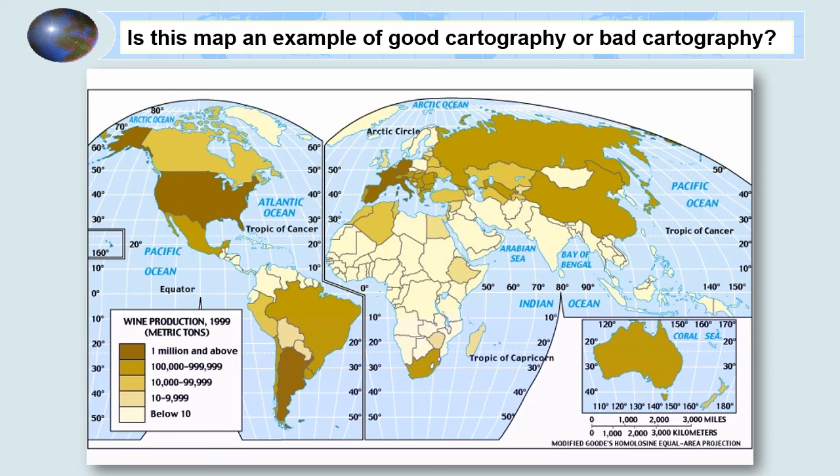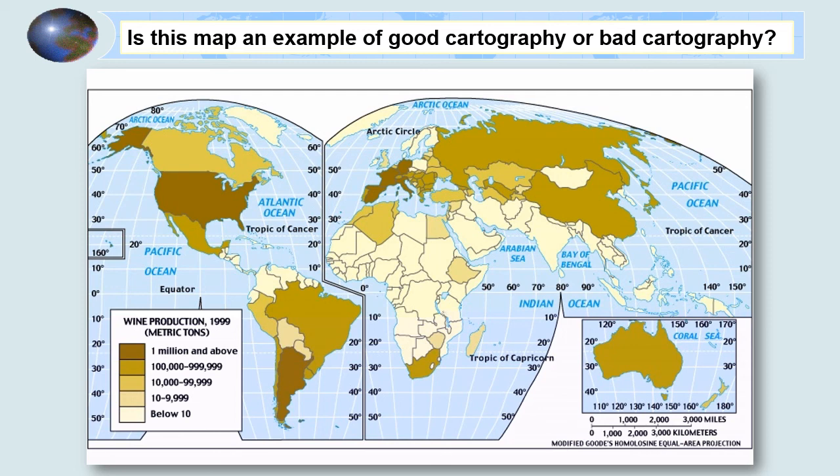But here's one of the things that a lot of times people misunderstand when looking at map data. How about Alaska? Does Alaska produce a lot of wine? Well, they're the highest category, right? But the thing is, this is mapped out by country, so you have to put the entire United States in there. So sometimes people get the idea, wow, they must be producing a lot of wine in Alaska,